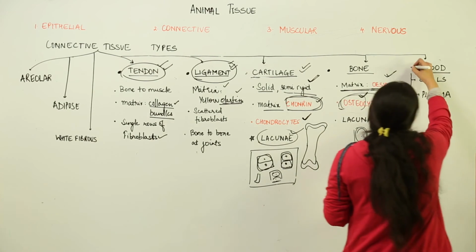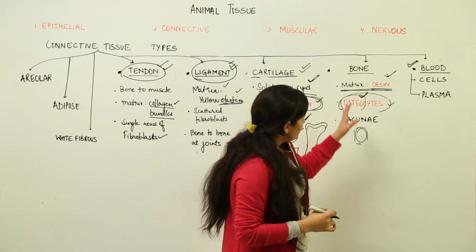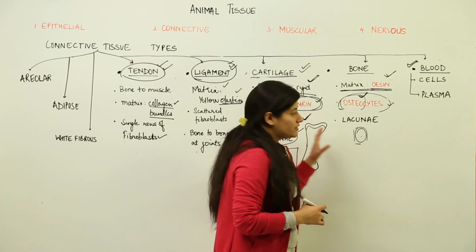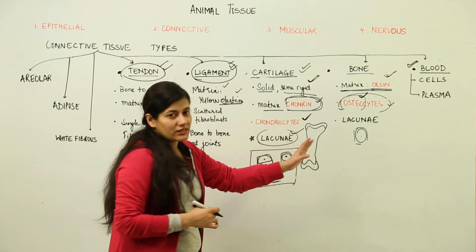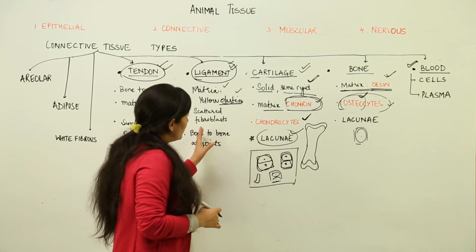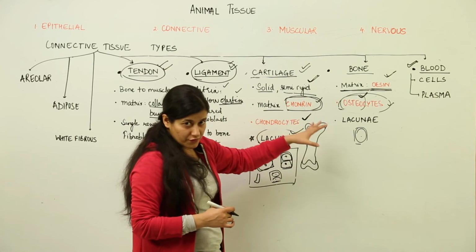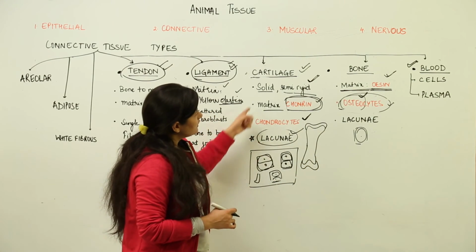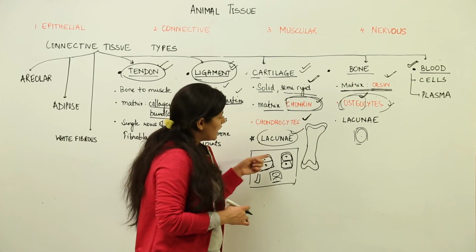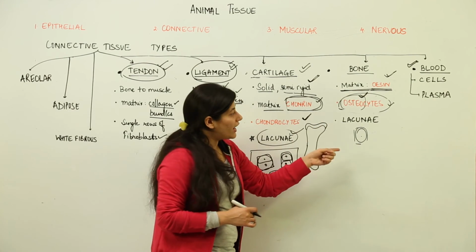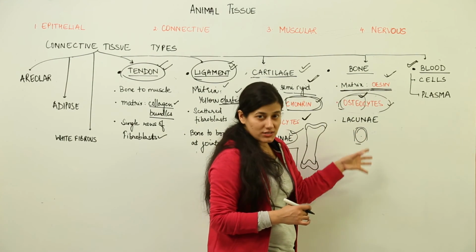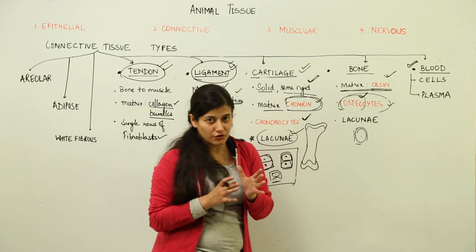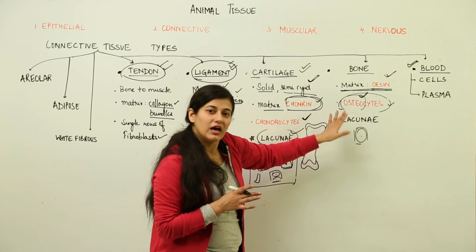Then we come to blood. Please don't feel that I am not explaining things in detail. We will discuss it in detail, because these are the simple clear-cut distinctions that we have to understand, how this type of connective tissue is different from the other one. For that, this much learning is enough. Otherwise, when we study the structure of cartilage in detail, we are going to see how each cell is different from that of bone and how bones are formed, what the Haversian system inside the bones is. But for now, you just need to distinguish between the composition of the bone, that is the matrix and the cells, and how they are different.